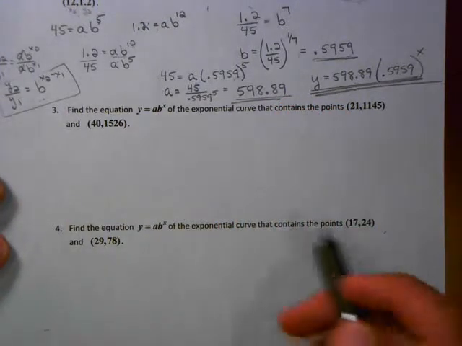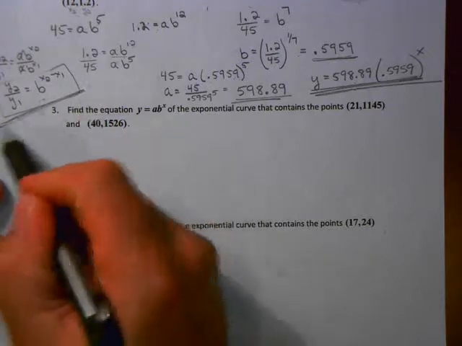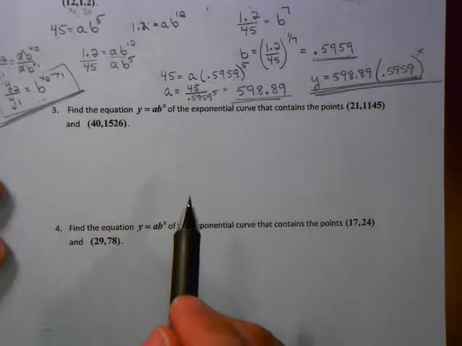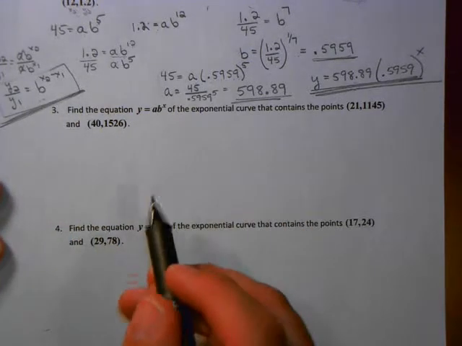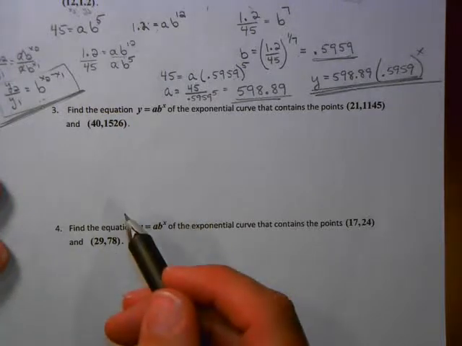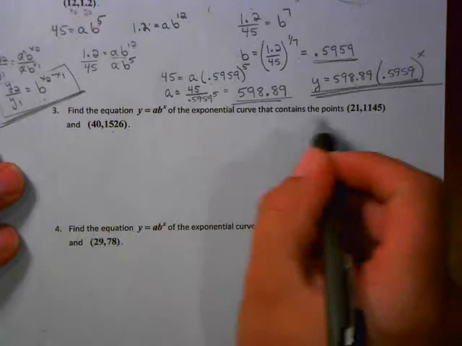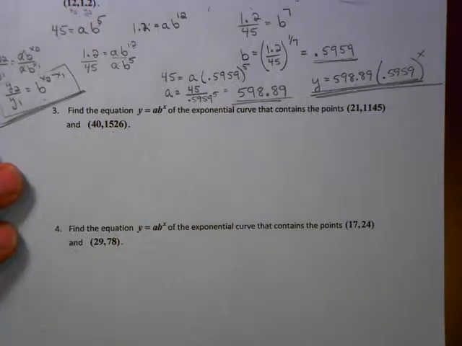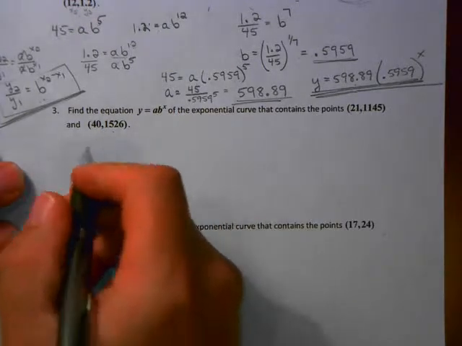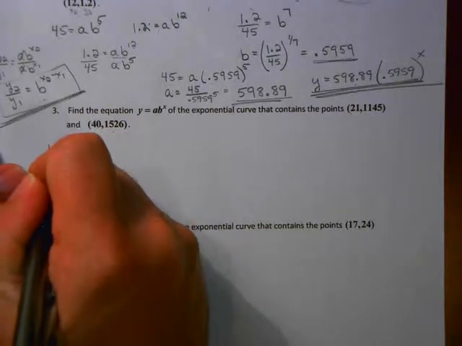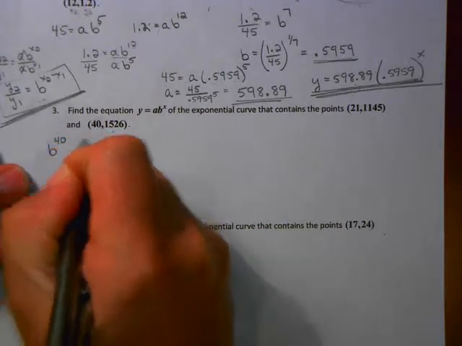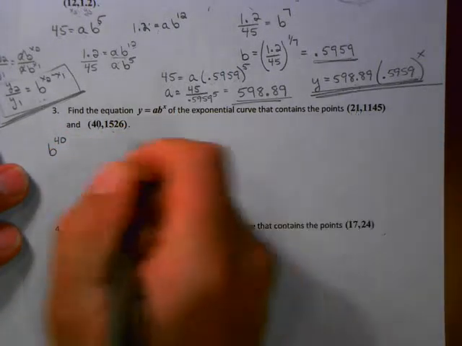So now for the next one, I'm going to go back. This time I'm going to try doing it a little quicker. Now again, quicker is not always better if you make mistakes. But because I'm not given my y-intercept, I know I have to find that base first. So I'm going to set this up. It's going to be b to the 40, that's my x, minus 21,